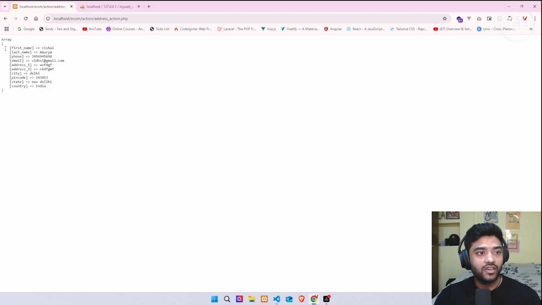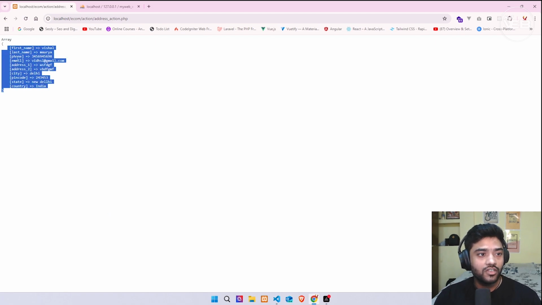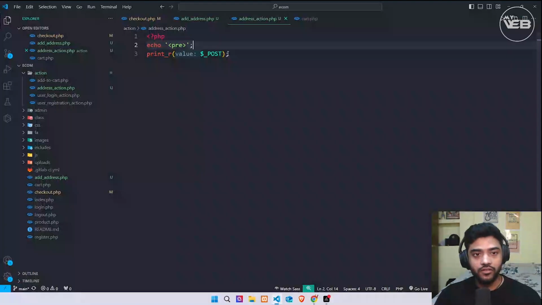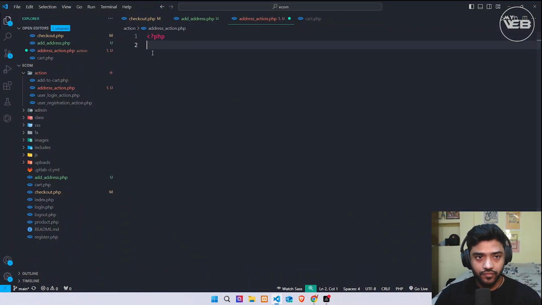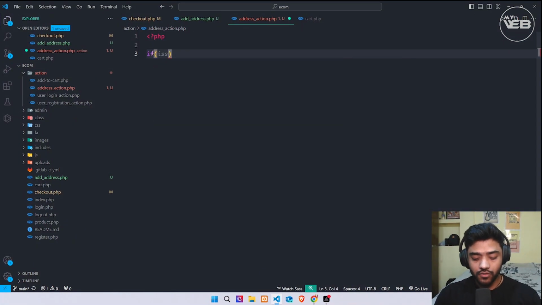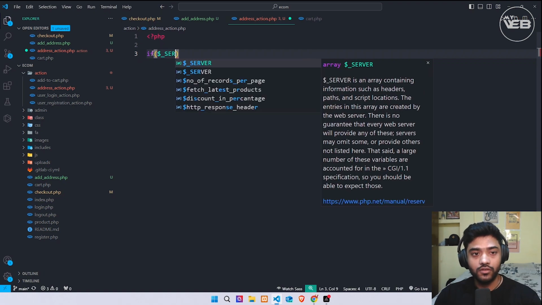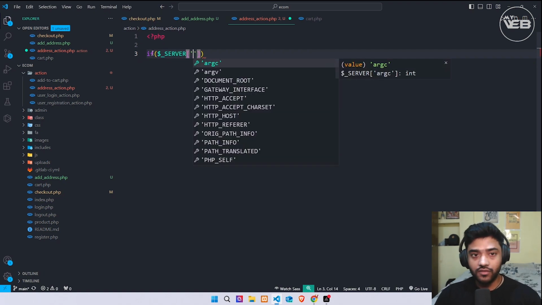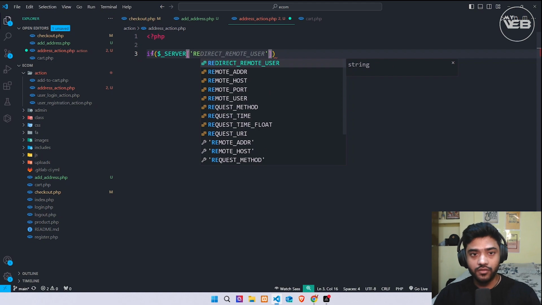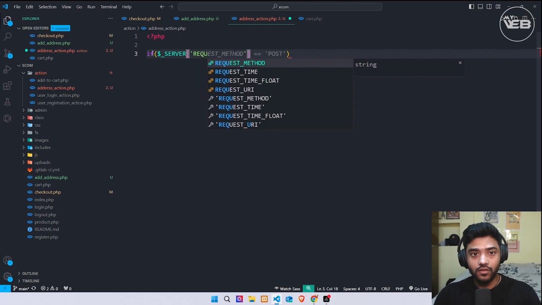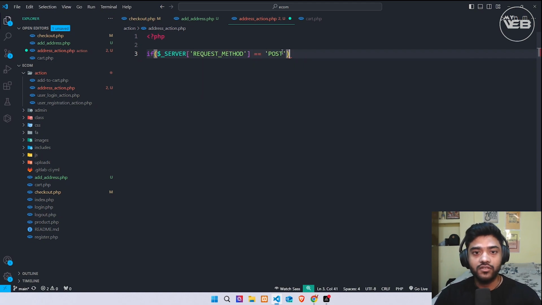Now as you can see, I got all my data here: Vishal, and the first name, last name, phone, email, address 1, address 2, city, pin code, state, country. Okay, so I'm going back to my code editor, and I remove these lines, and I check if dollar underscore server, and I define the request type, which will be the request method. If it's a post,